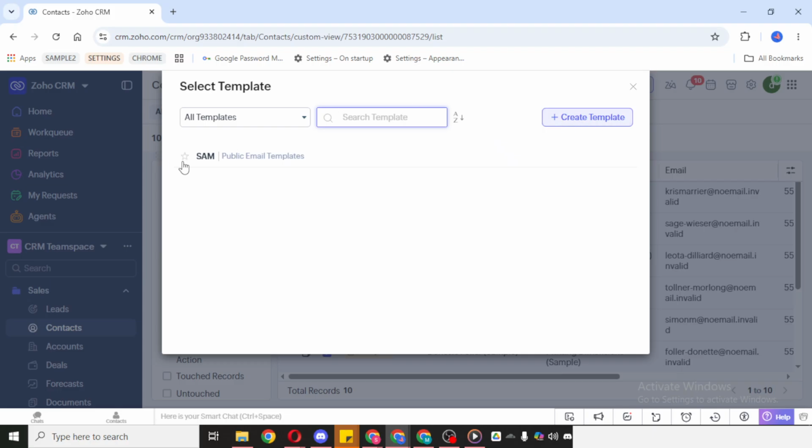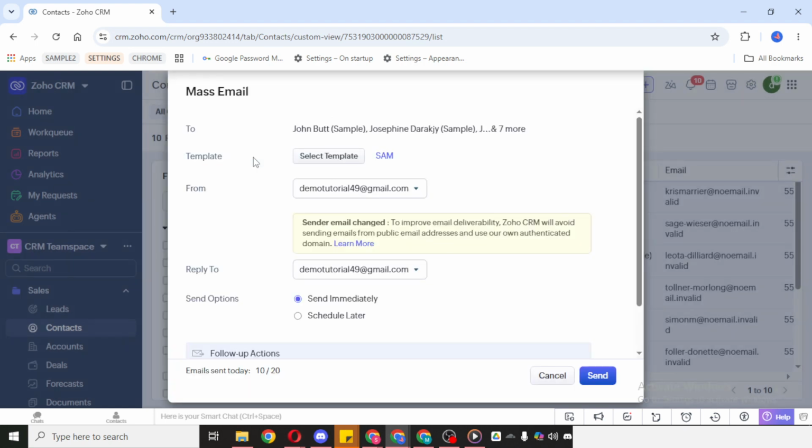Once you open the template area, select the template you want to use. Then click Select. After that, you'll be able to customize the message. This is where you can enter or adjust your text so the email says exactly what you need it to say. Take a moment to review the wording carefully, since this message may be sent to many people at once. Make sure your subject and content are clear, professional, and relevant to your audience.